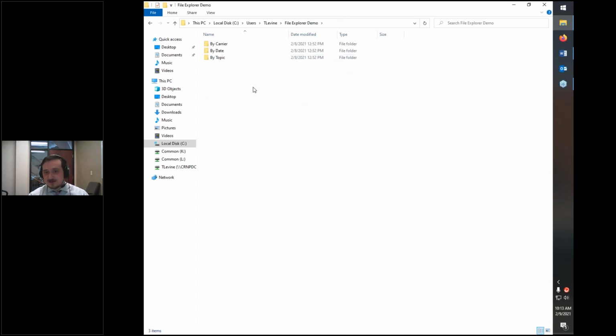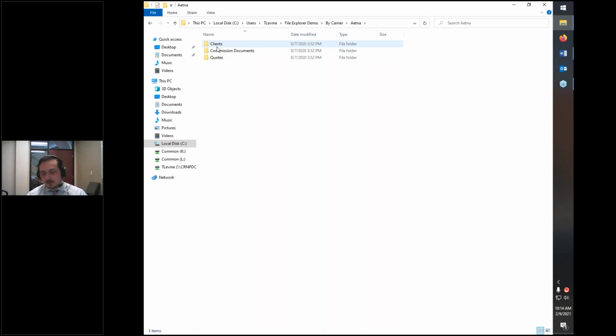When you're creating these, though, there are a few different ways you might want to organize your files. You could organize them under just a folder that says Projects, and then list the projects that you're working on. If I click on By Carrier here, as you can see, I've put a bunch of different carrier folders under here. If I click on Aetna, then I have a few other folders here, and I've just subdivided it